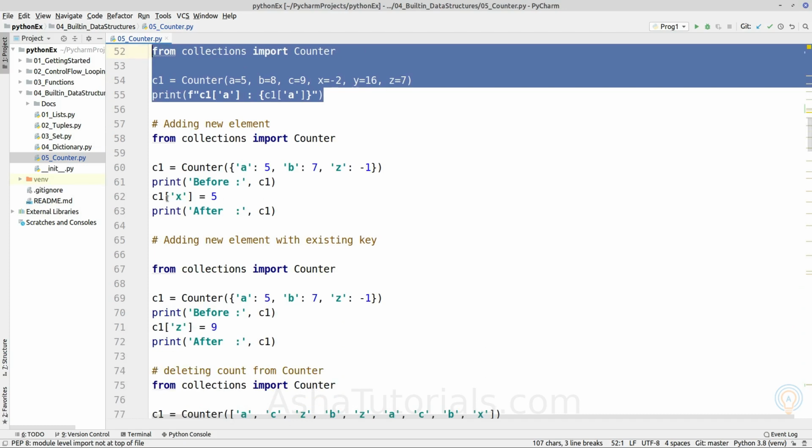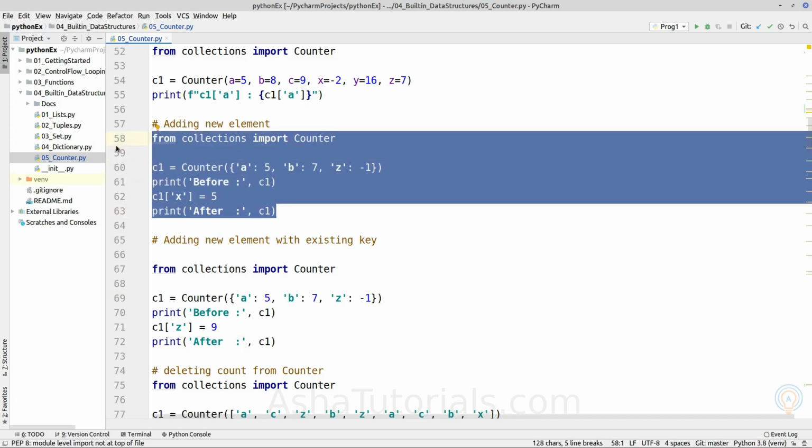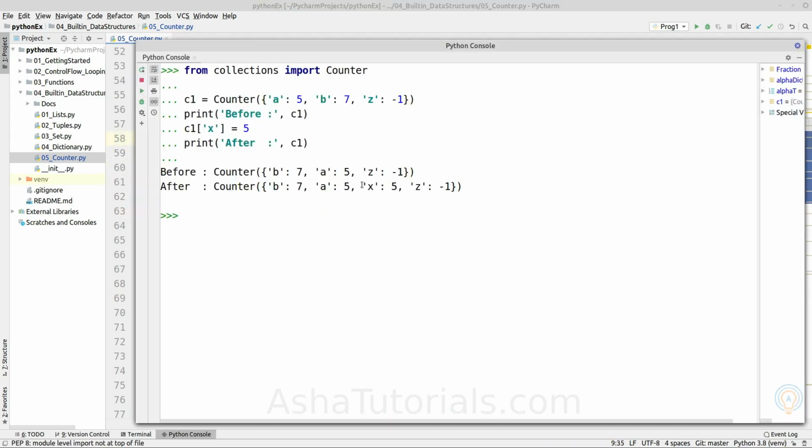Adding a new element is also similar to the dictionary. We just write the new hashable inside square brackets and set it equal to its count, which will add a new element.